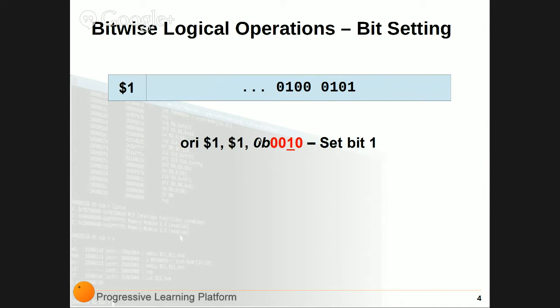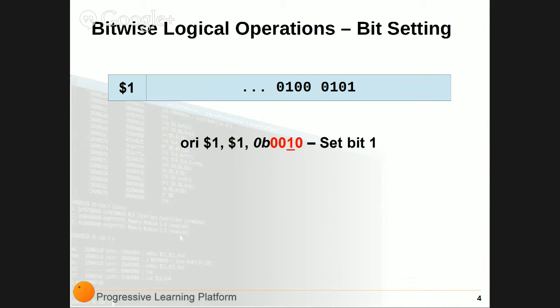In PLP assembly, you can use the 0b prefix to denote a binary representation. How do you denote a hexadecimal? 0x, right? That's typical. In some other assembly languages, this might not be the case. So if you have to write for other architectures, make sure you look up the documentation and see how you write down your literals. Literal is just a value. There's a difference between a literal and a pointer. A pointer means this is not the literal value, I'm just pointing it that way. In the context of PLP CPU, it's used in load word and store word. Literal just means this is it, use it.